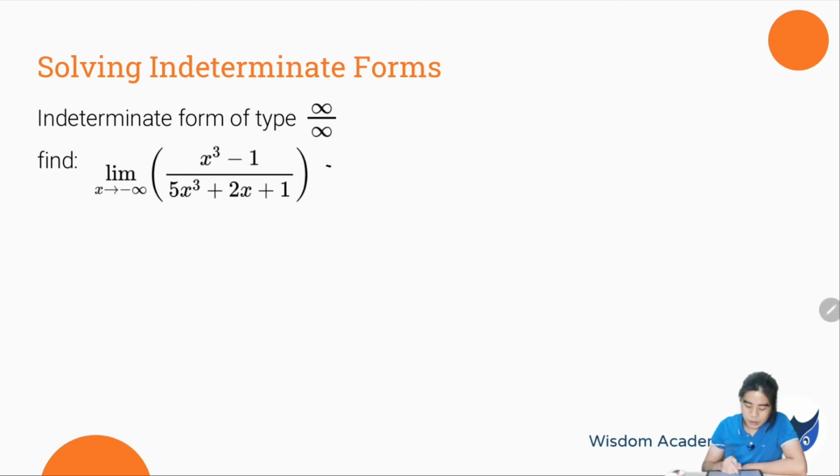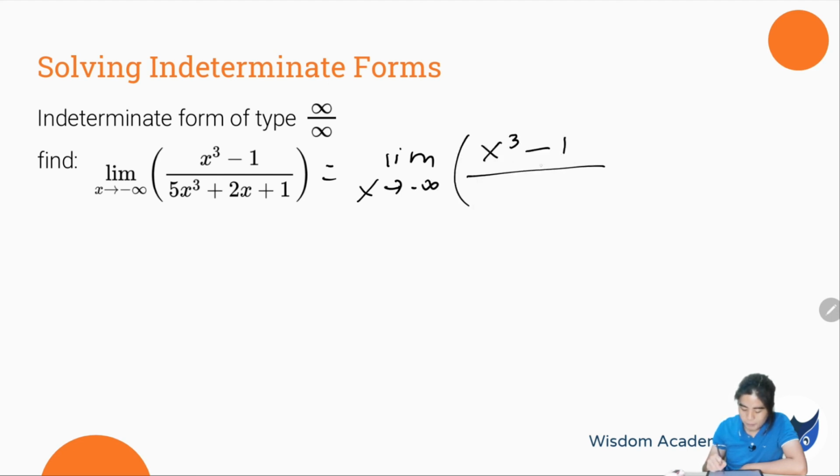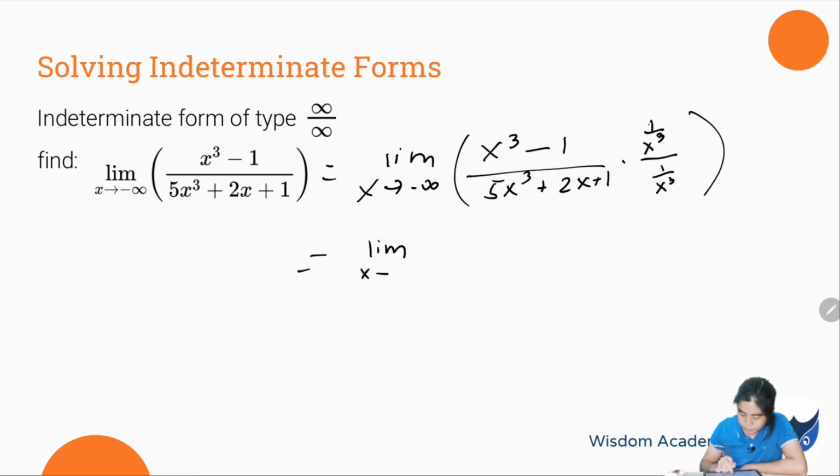So, may kailangan pa tayong gawin dito para ma-solve tong limit na to. Ano yung gagawin natin? Ganun lang ulit. Kung ano yung ginawa natin kanina. So, limit as x approaches negative infinity. So, multiply both numerator and the denominator by 1 over x cubed naman. Since the leading term is x cubed. So, 1 over x cubed. So, multiplying both numerator and denominator by that, we can get